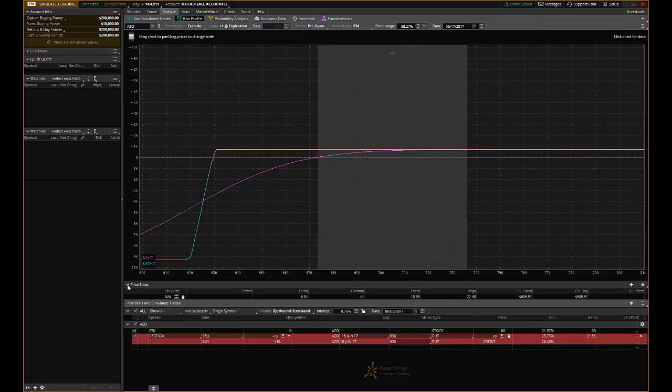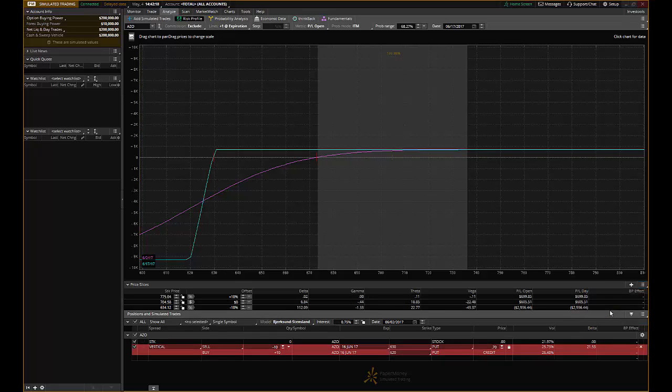Now I also have slices that I can open, and I can hit that, oops, right here, reset my slices. Now when I do this, it's going to bring up what's going to happen if the stock stays the same, if it swings up 10%, or if it swings down 10%. And then it also gives me my delta, gamma, theta, vega, and what's really important, my profit and loss. Now I want to come up here and make sure that this is set to expiration, June 16th or 17th. That's fine, that is. And then right here, this is going to be what the profit and loss is on